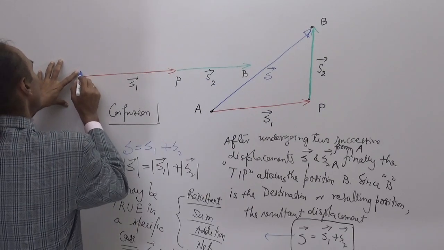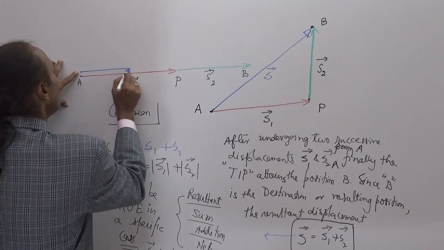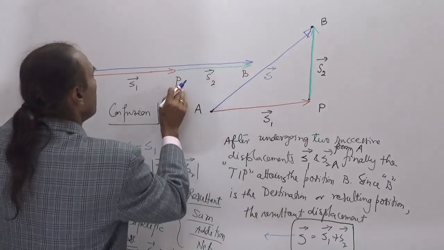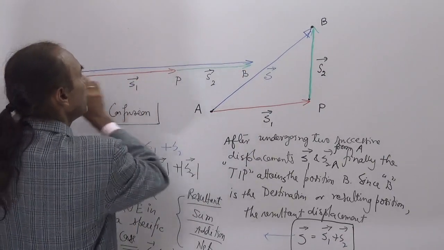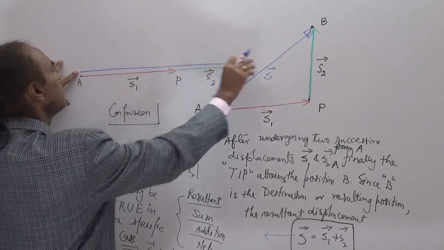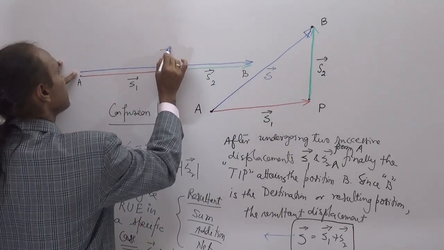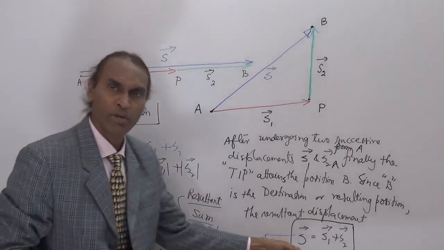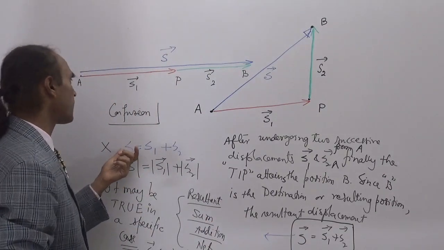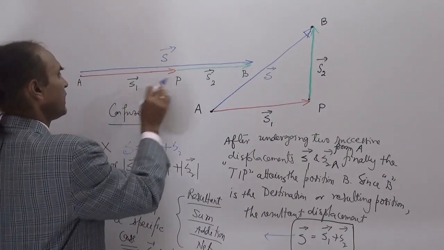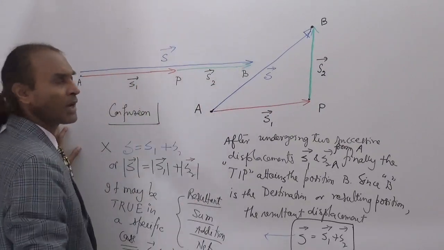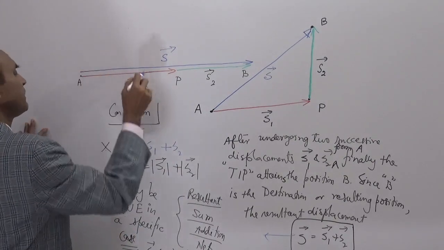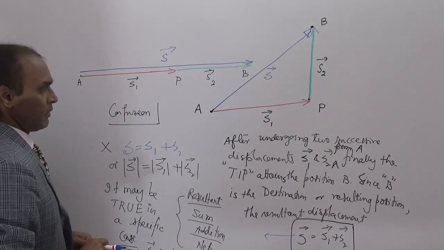drawing an arrow from A in the direction of B. It will pass through P along a straight line. So we can just write S is equal to S1 plus S2. This is always correct, and this is also correct in this case when S1 and S2 are parallel or collinear. Well, this is a special case, but in general,